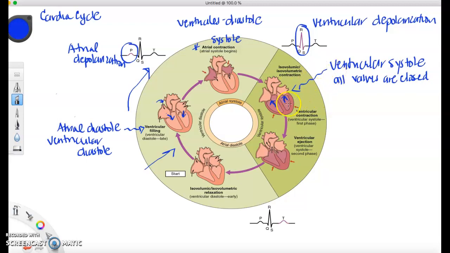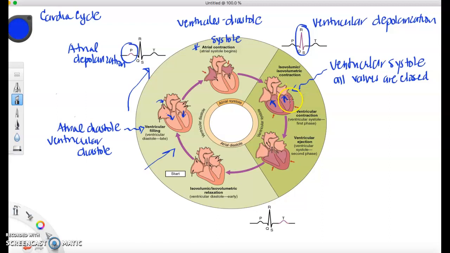So all the valves are closed here, the AV valves and the semilunar valves, because the semilunar valves have not opened yet because the contraction is just starting. So in this moment where all the valves are closed